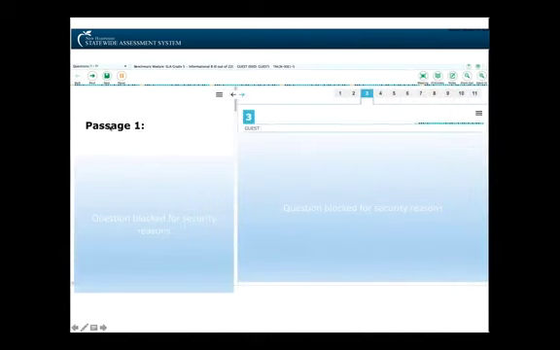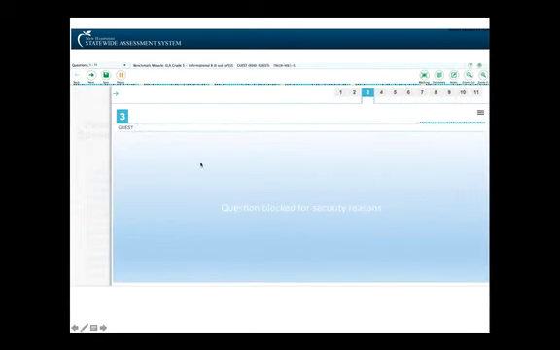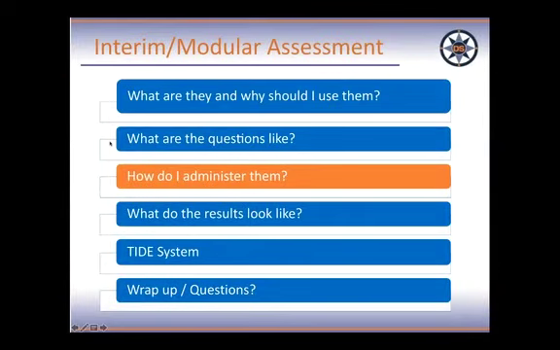Then you can close that. You can also make the questions bigger. By clicking this, the questions will be bigger. So that can go back and forth, but they do need to try it. So that was what other questions look like. The only way you're going to know is to actually go into the assessment viewing application and look at them.